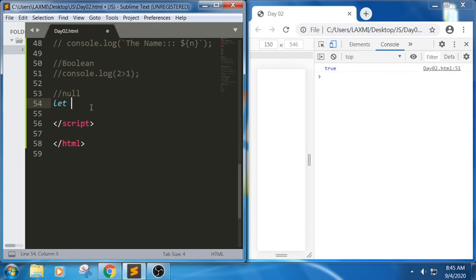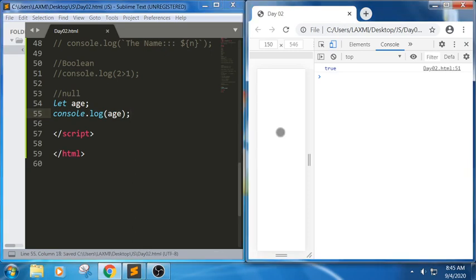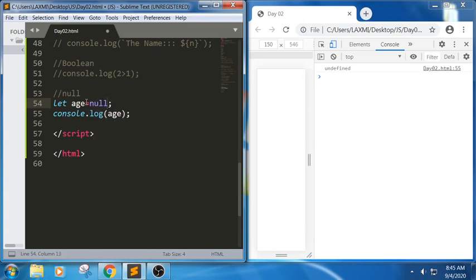For example, if I don't want to give any value, let us see this statement. I am trying to write age. What would be the output of this snippet? As you know, the default value will be undefined here, but I don't want to specify any value here. I just want to make sure the value is pointed to null. In the sense, I don't want to have any value, so it should be empty. Then we can use something called null. Null is always used to refer to the values where we don't have any. Simply we can say it is an empty value, nothing.